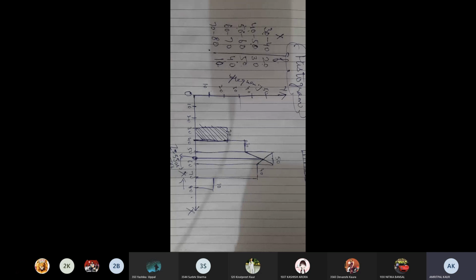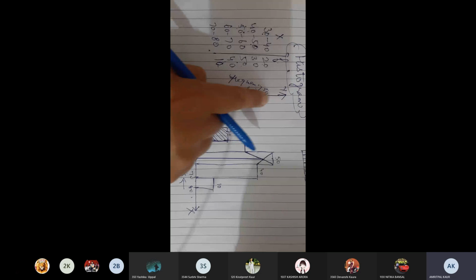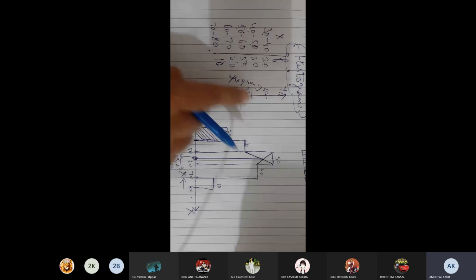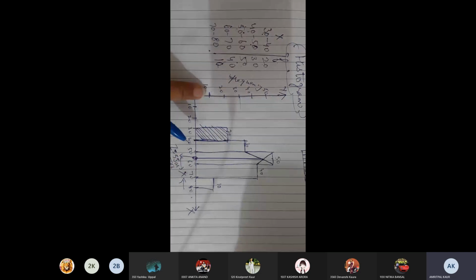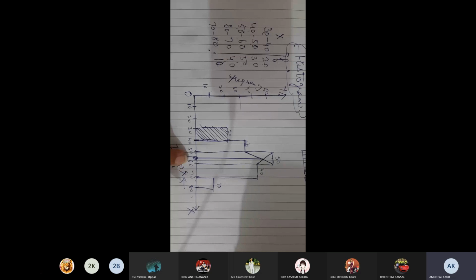Because I am drawing freehand and I am not using a scale also, that is why I have just written a range, that it can be this or this. Because you see, my values must not be at appropriate intervals because I have drawn freehand, and this side also my gap will not be equal. But when you are drawing with a scale and using the graph, then automatically you will get the exact value. Fine.